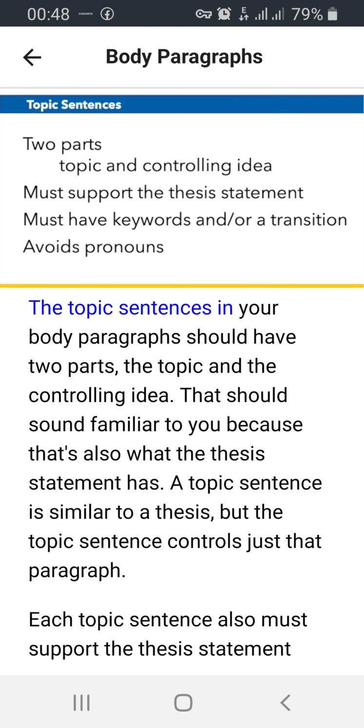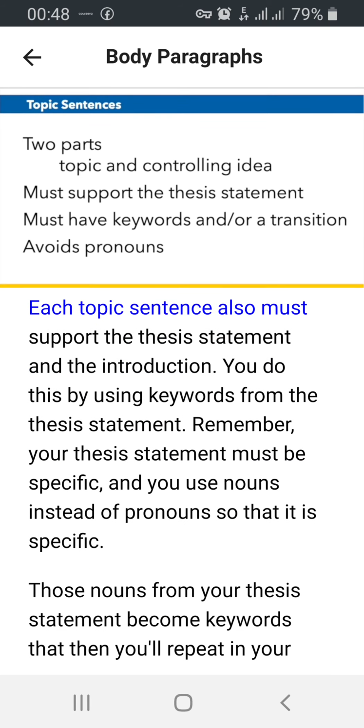The topic sentences in your body paragraph should have two parts, the topic and the controlling idea. That should sound familiar to you because that's also what the thesis statement has. A topic sentence is similar to a thesis, but the topic sentence controls just that paragraph. Each topic sentence also must support the thesis statement